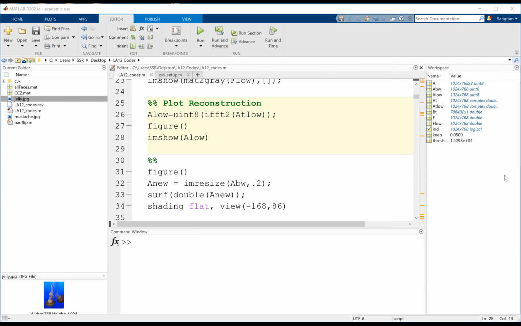If you think about it, you will notice that these two images are fairly close, even though image number 4 is constructed from only 5% of the data.